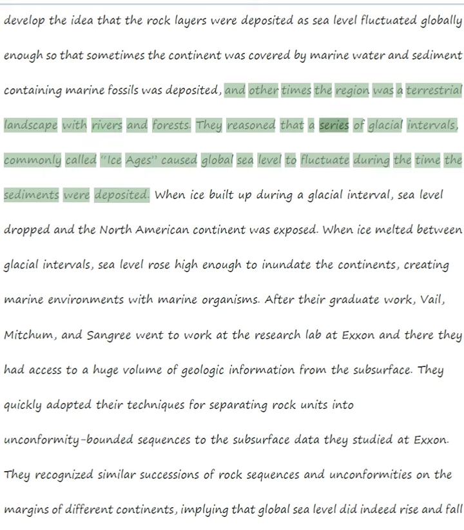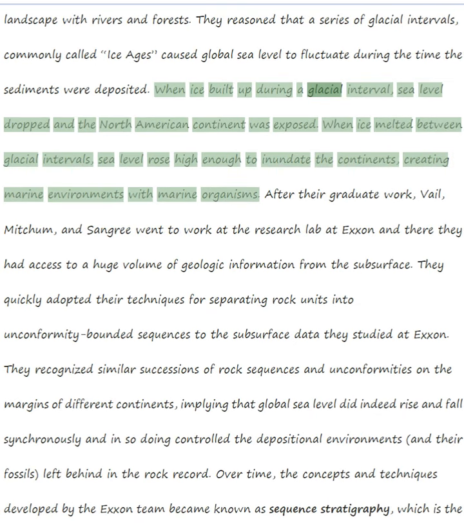They reasoned that a series of glacial intervals, commonly called ice ages, caused global sea level to fluctuate during the time the sediments were deposited. When ice built up during a glacial interval, sea level dropped and the North American continent was exposed. When ice melted between glacial intervals, sea level rose high enough to inundate the continents, creating marine environments with marine